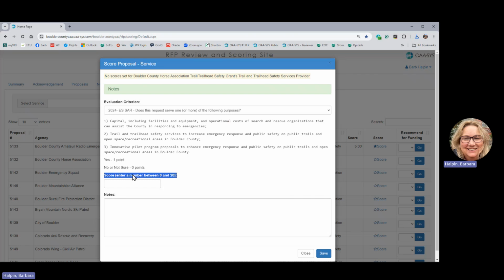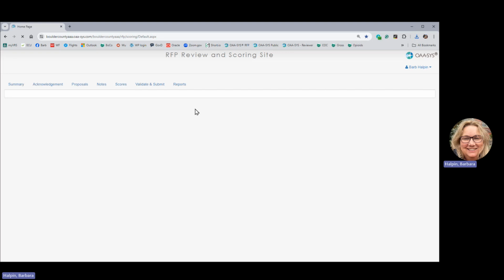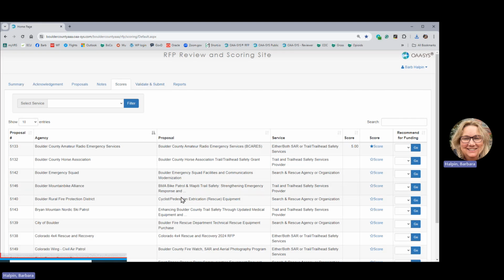Use either the 1 or the 0 or the scale of 0 to 4 that I'll have fixed, and then save each question. And when you have all of your scores for all 17